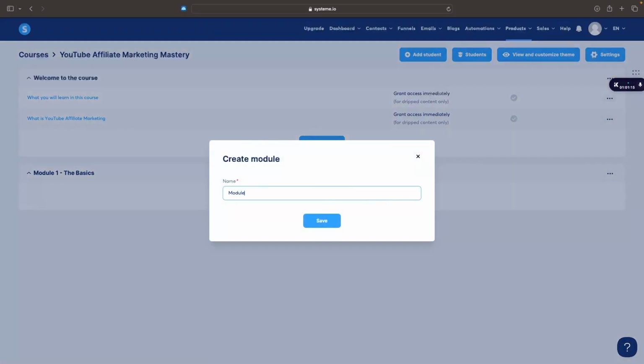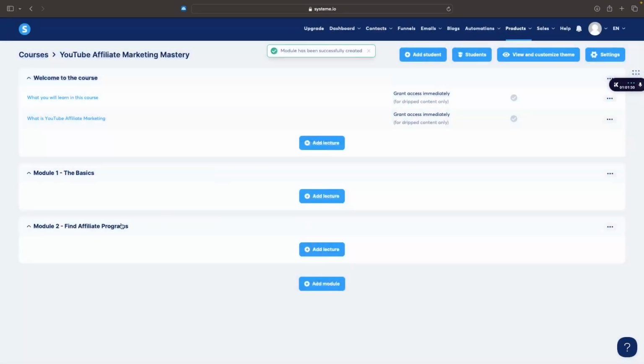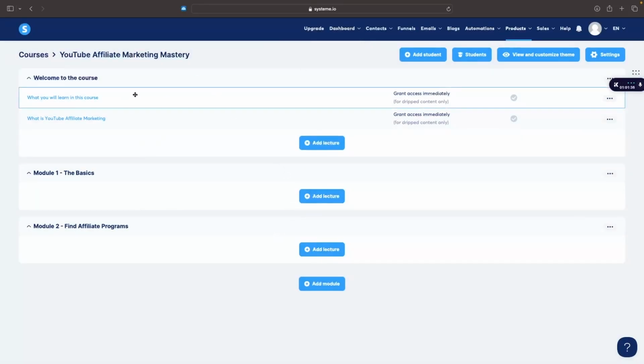We can then create module 2, finding affiliate programs, and save. And that is going to be added in. And that's how you can go through and build out your course. Now, once your course is built out and you have all of the modules and all of the lessons within this,